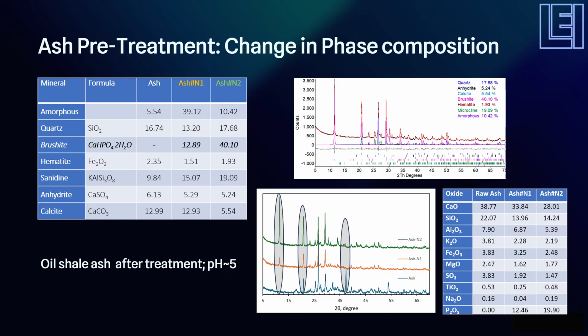X-ray analysis shows that calcium is nearly fully consumed, and we also see peaks of brushite, which are stronger in ash 2. The analysis revealed that acid concentration significantly affected mineral composition. A slightly higher acid concentration increased brushite content up to 3 times. On the contrary, the content of amorphous phase was reduced up to 4 times. Compounds like stadinite, anhydrite, and calcite still remained.